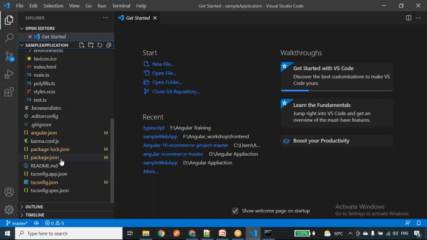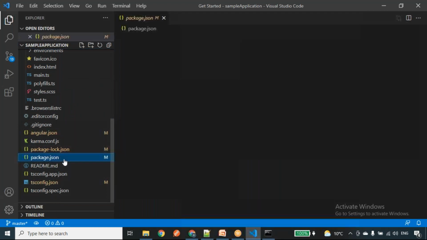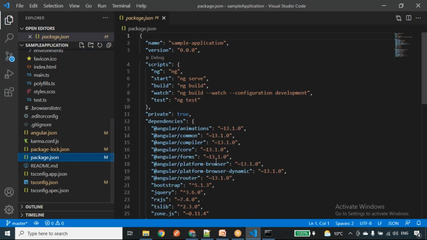guys, you are aware of this package.json. What is meant by package.json? Package.json has all the details about our Angular application. I'll show you. Whenever you run npm run, it will execute whatever commands we have provided in the scripts.